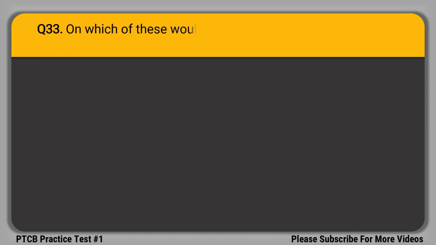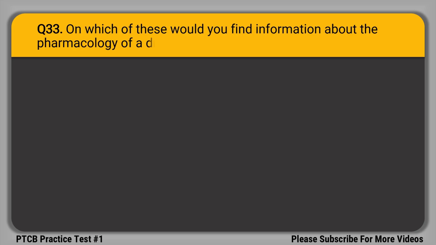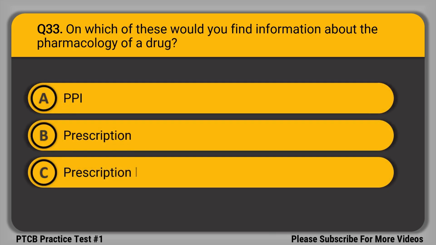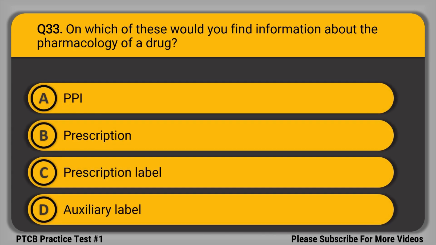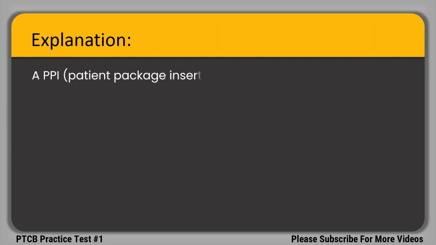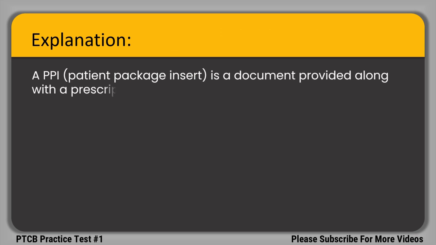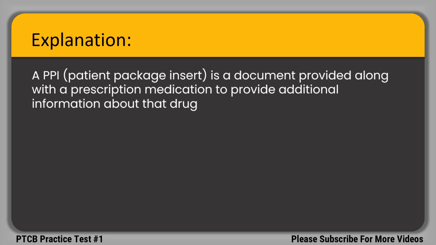Question 33. On which of these would you find information about the pharmacology of a drug? A. PPI. B. Prescription. C. Prescription label. D. Auxiliary label. A. PPI. A PPI, or Patient Package Insert, is a document provided along with a prescription medication to provide additional